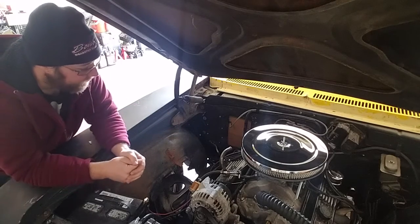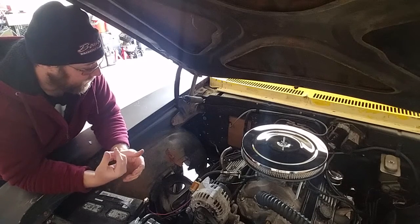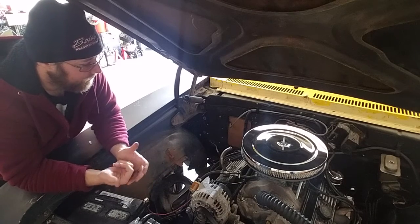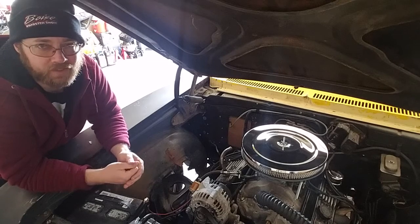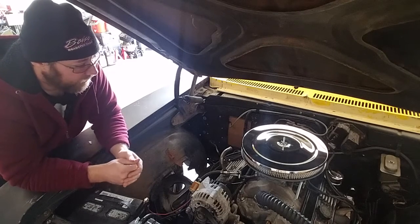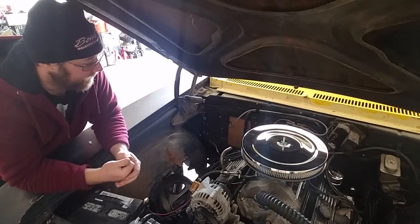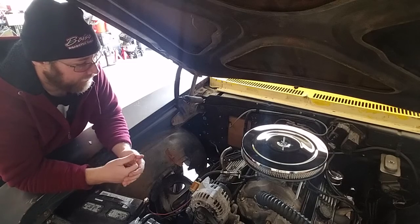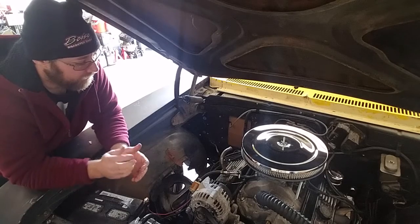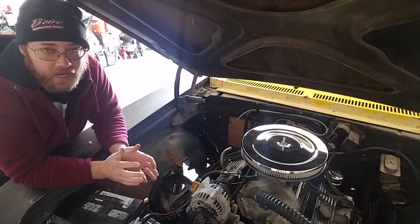So anyway, the other interesting development is I've been driving the car around just as we rebuilt this motor, and I've got just over 100 miles on it, probably 120 or 130 miles so far. And it runs pretty good, it idles fairly well and everything like that. It hasn't been much of an issue. The other day though, a couple days ago, I was driving around, and when I'd be in gear and come to a stoplight, just sitting there idling,